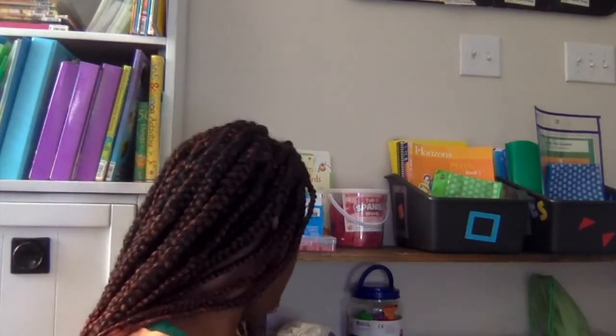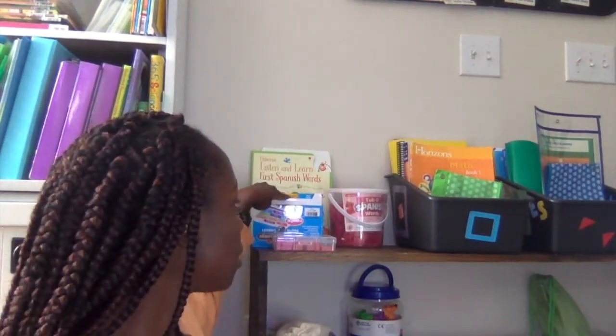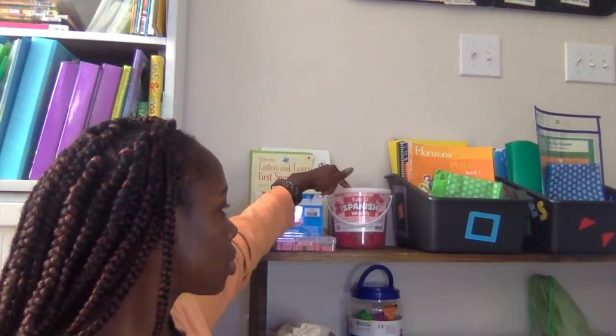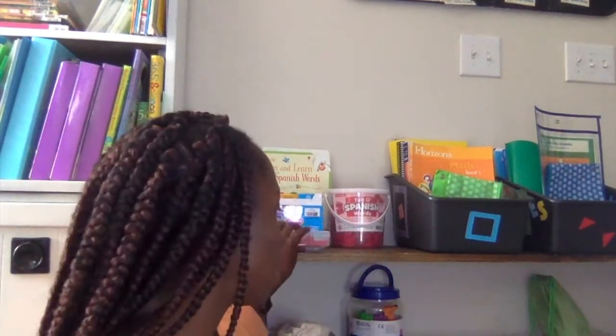Okay, so I think I have all of our language arts. My kids are starting Spanish, like for real this year. So I have some Spanish helps too. This is a photo card library. So listen and learn first Spanish words, and Lakeshore Learning's Cup of Spanish words, just to practice things like that. And I pulled some out for them to work on with the work that they are doing in their Spanish